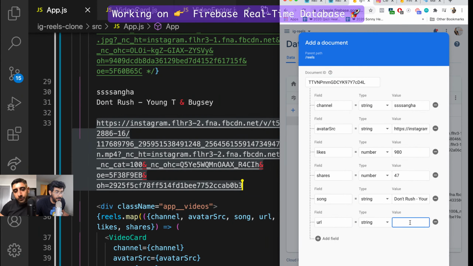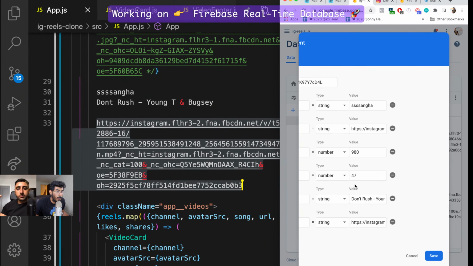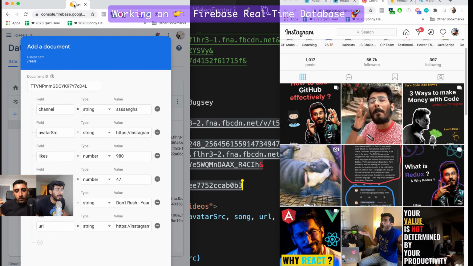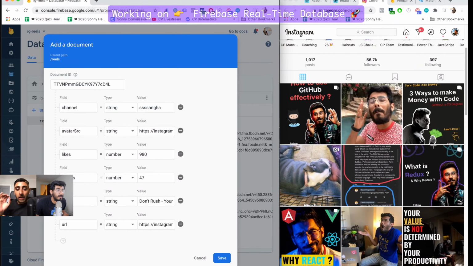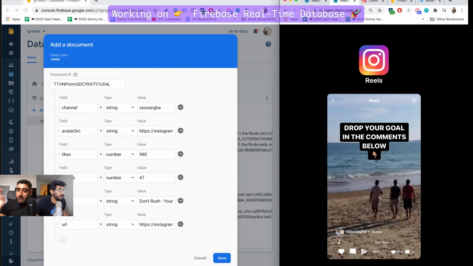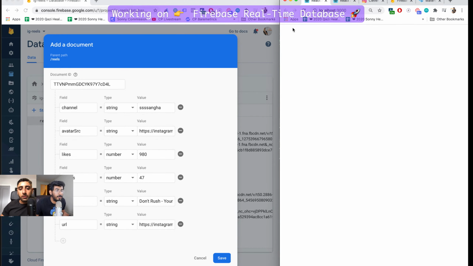All right. Got it. Now, before you hit save, let's get that on the left-hand side of the screen. Oh, so they can see it in real time, yeah? Yeah, so we'll show them in real time without a refresh. So imagine now somebody just shot a reel and then they posted it, right? As soon as we hit save, notice how the right side of the screen is not going to refresh. Right? Okay, hold on. Let me just